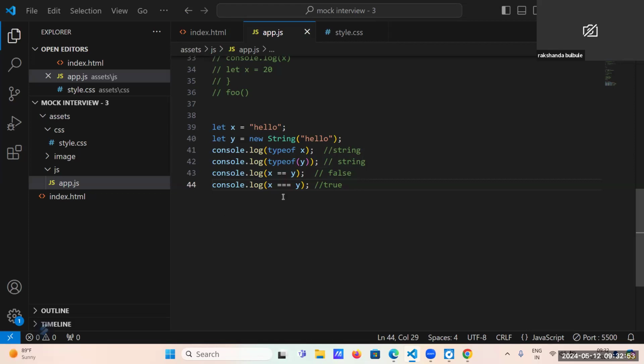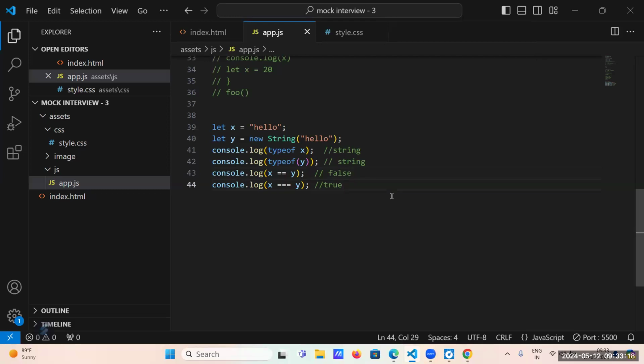And in triple equal to, it checks the value as well as the data type. But x and y have the same value, right? Hello and hello in the string. So for number 43, you are saying false, because its reference is different.